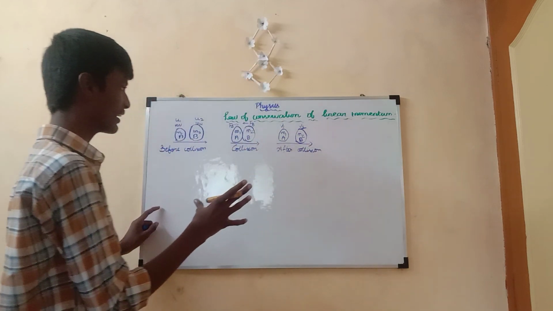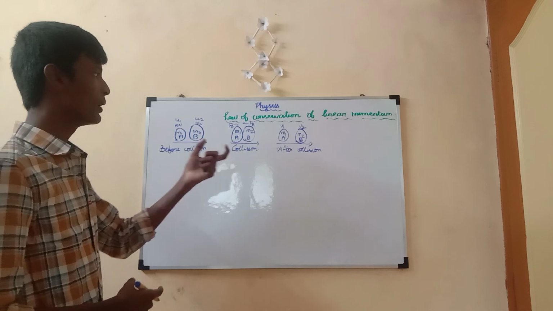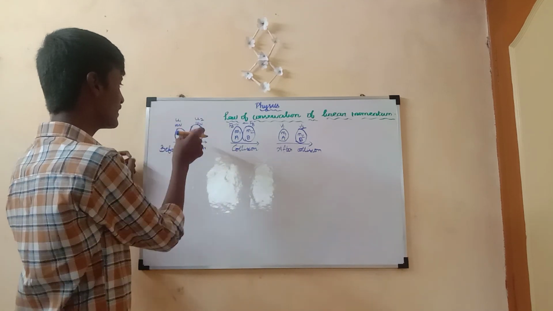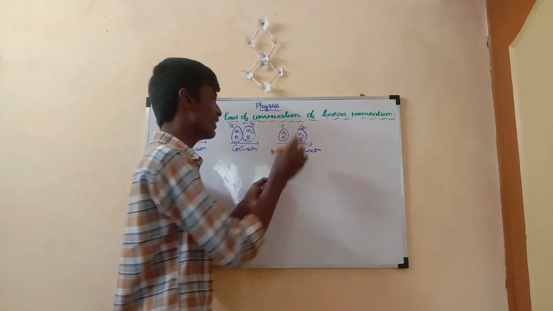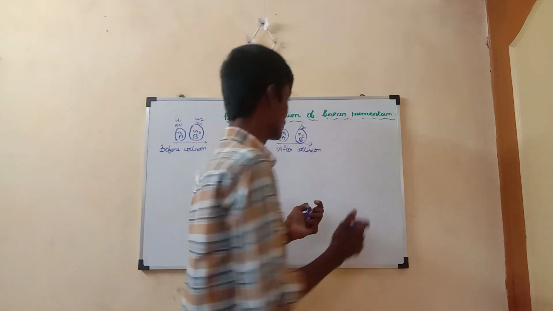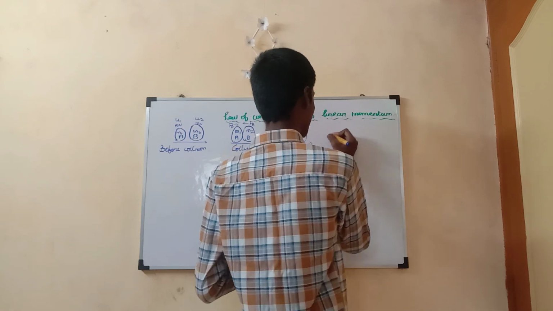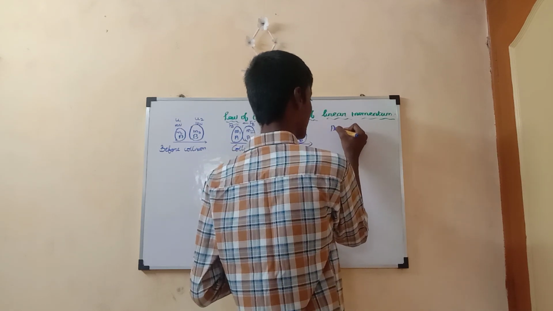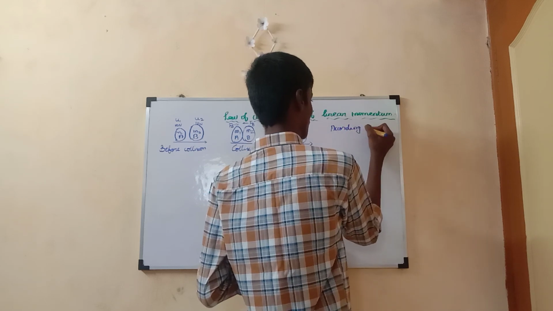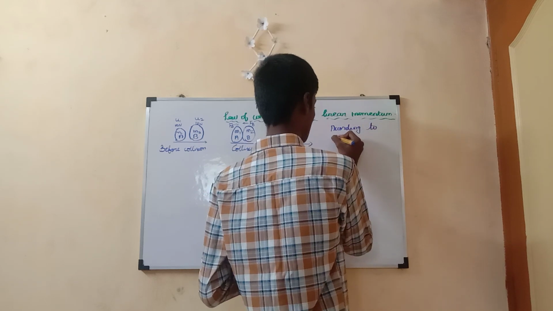So this is the diagram. Using this we have to prove that the initial momentum of the two objects is equal to the final momentum of the two objects. Let us see in detail. According to Newton's second law,